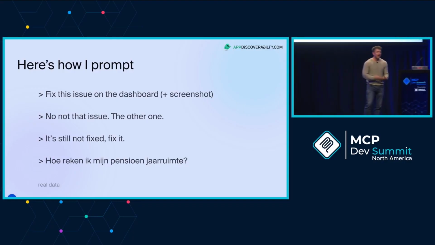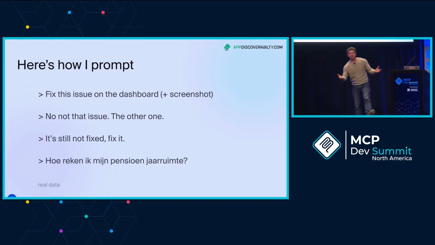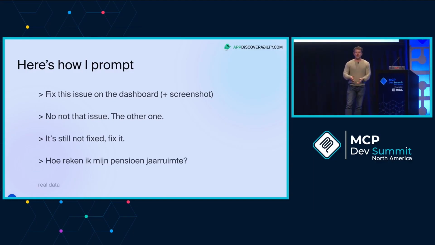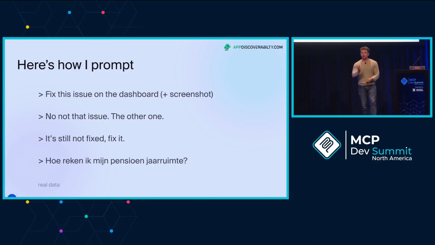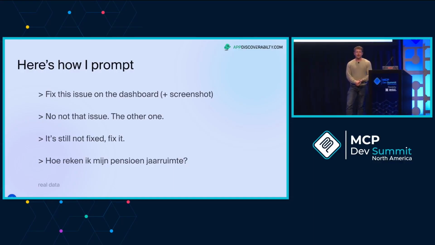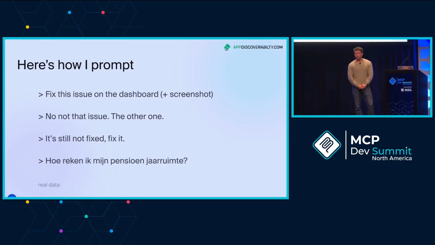This is how I prompt, and I think some of you might be able to relate to this, because Opus 4.6 is really good. It just gets stuff done, and I totally trust it. It knows when to call tools in the background. So I've become used to prompting in kind of a pretty poor way.